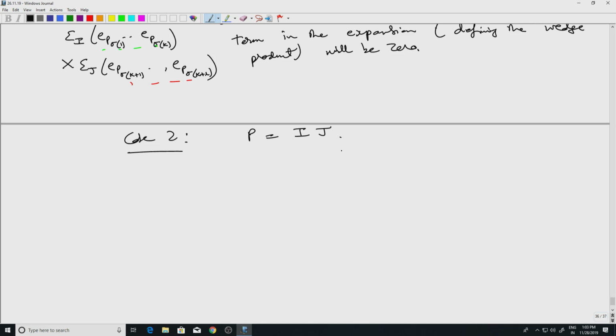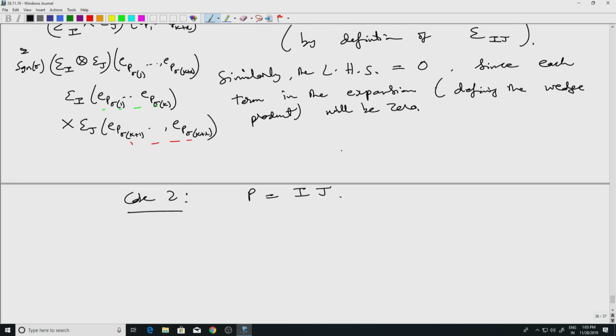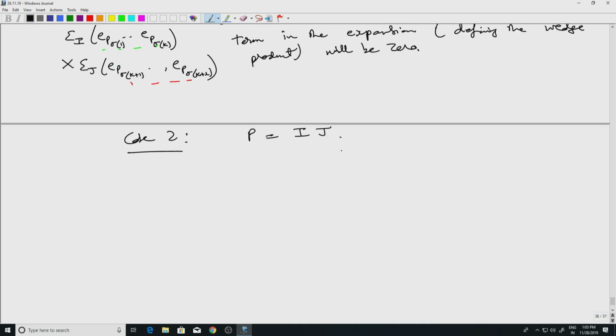In this case, let's evaluate the right hand side. Epsilon IJ evaluated on e_{p1} all the way up to e_{p_{k+l}} is the same thing as epsilon IJ